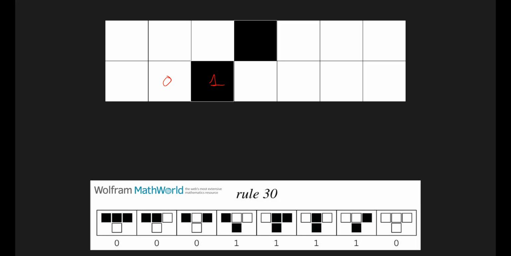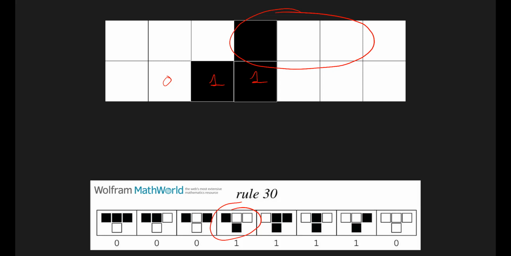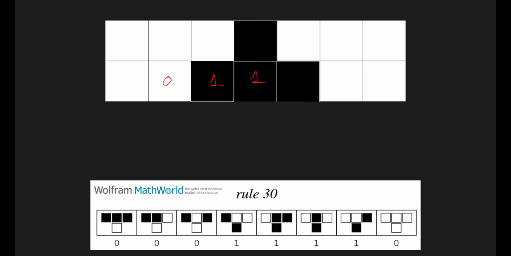We move to the right. These 3 tiles correspond to the third item from right to left in the rule 30. So it remains in a state 1. The next one is going to be these 3 tiles, which corresponds to this item in the rules. So the next state is also going to be a 1. We move to the next ones, and we finish an iteration applying the same logic throughout the entire system, stopping at the last tile. If we repeat this, we're going to end up with this beautiful visualization,